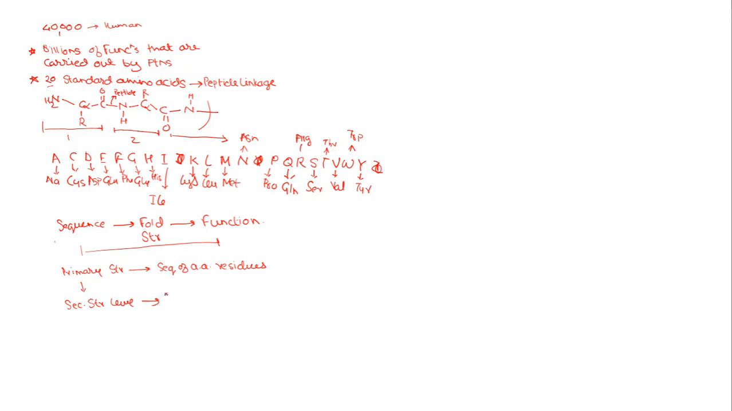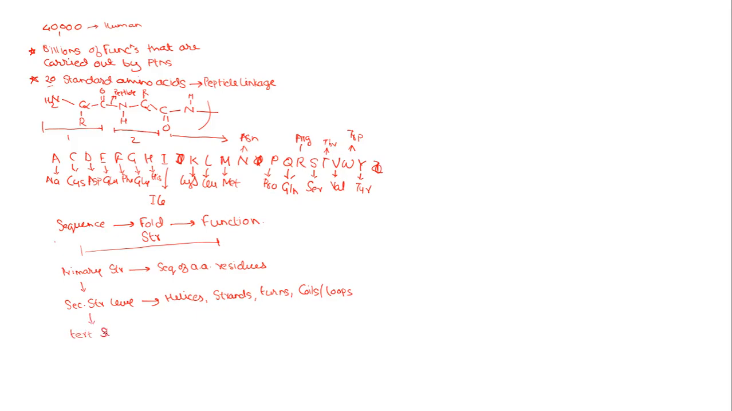Say, for example, the different types of secondary structural units existing in proteins are in the form of helices, strands, turns, coils, or you can also call them loops. Okay, and eventually you have got the tertiary structural level,